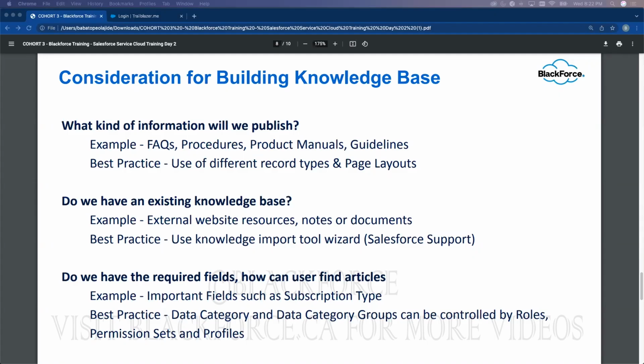If you want to import knowledge from an external system, Salesforce has what they call the knowledge import tool wizard, which you need Salesforce support to help you activate. However, if you want to start from scratch, it's much easier, right? But then again, if you have a bunch of data somewhere you need to bring into the system, then you